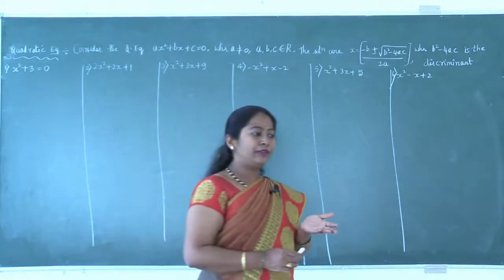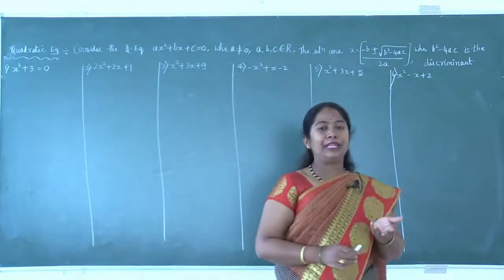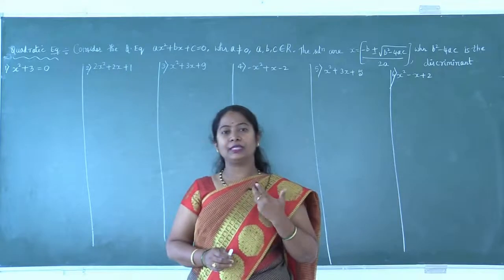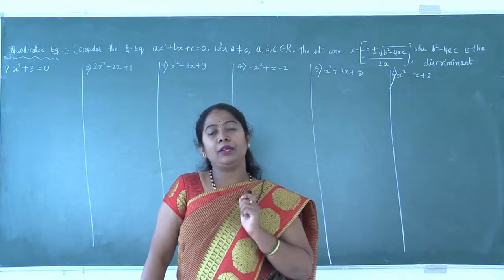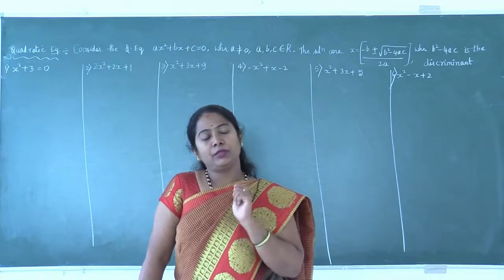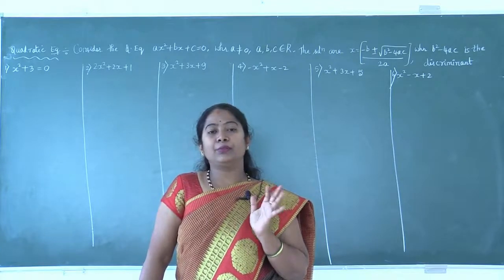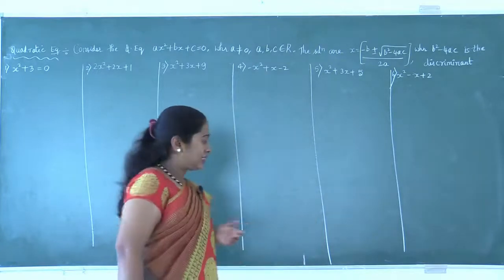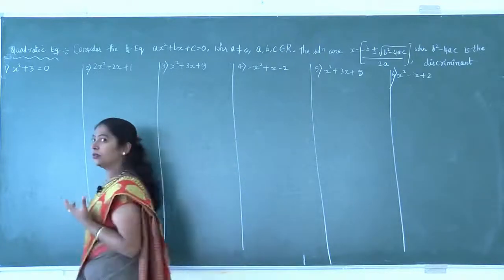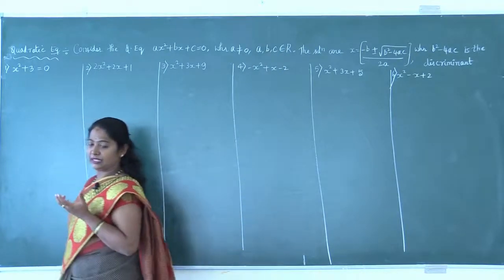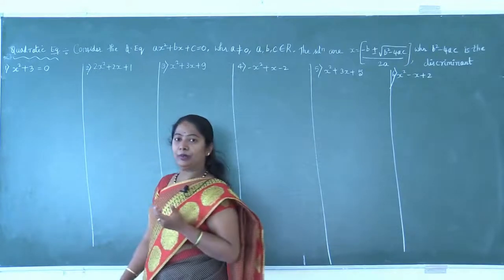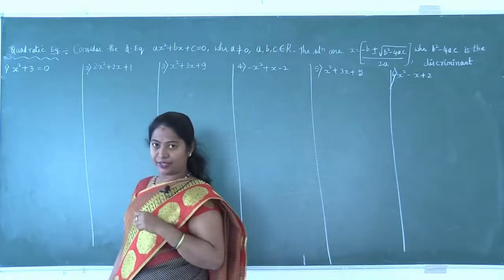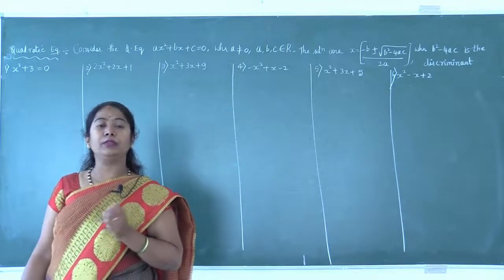So before I start off with the complex number, let me quickly summarize the powers of I. What is the power of I? That is nothing but root of minus 1. I equal to root of minus 1. So root of minus 1 can be written as what? I, which we have discussed in the earlier classes. Keeping this concept in mind, we shall pass on to the first problem, that is x square plus 3 equal to 0. Solve the quadratic equation x square plus 3 equal to 0.